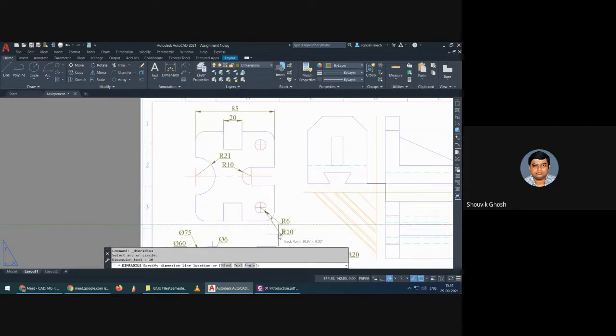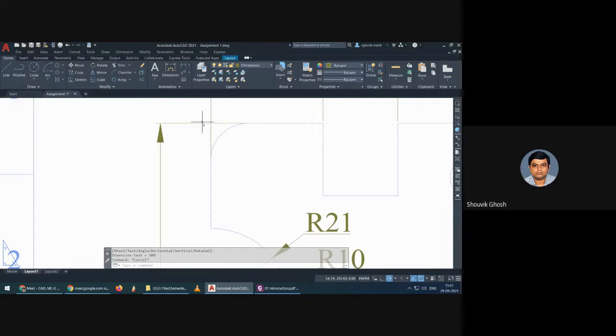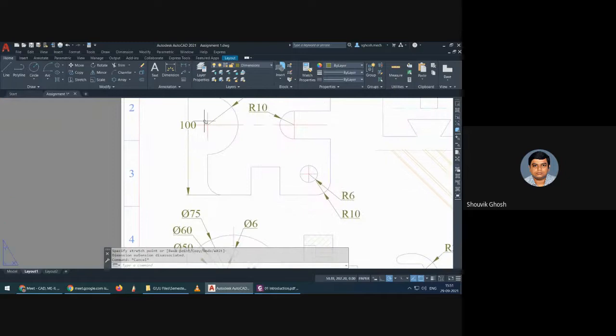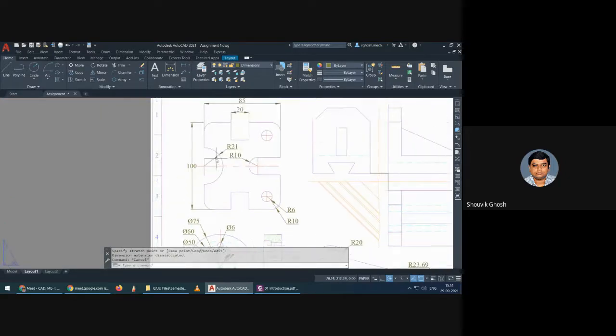So we can just keep it over here, because dimensions are not allowed to overlap each other. Like over here it is overlapping, so you can just bring it over here, and now it is not overlapping. The value is still the same. So like that we can edit and change the spacing of the dimensioning.